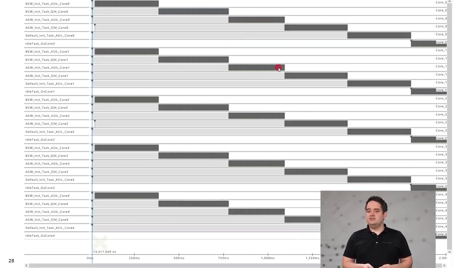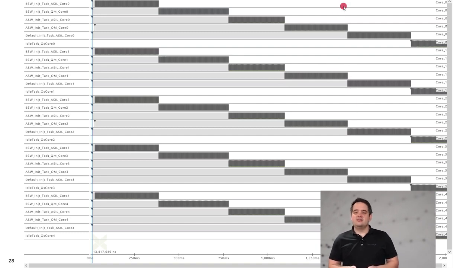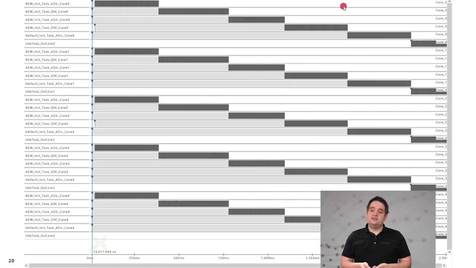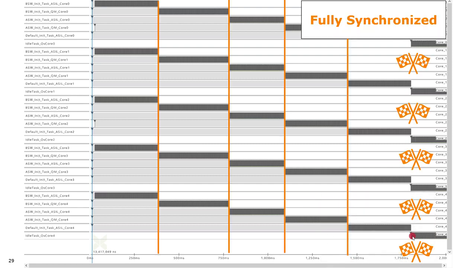So here you nicely see you're switching to each init task at the exact amount of time. I simply used the barriers at the end of the init tasks. The trade-off here becomes pretty clear. The overall execution time is adding up. So you start your scheduling at a very late point of your project, but it is at least fully synchronized. Each of those tasks is running synchronously, and